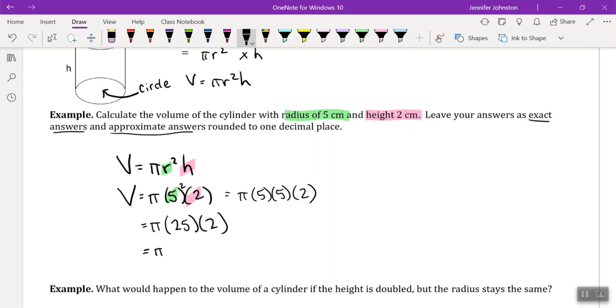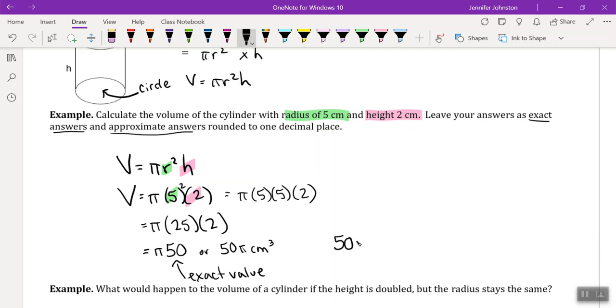Right, so here we get pi times 50. And that's going to be our exact value. You can read it like that, or you can read it like 50 pi, but remember we have to put centimeters cubed. In order to determine what it is as an approximate answer, what we do is we have